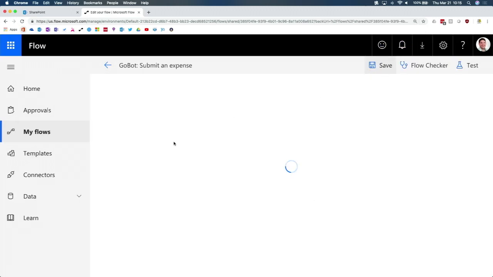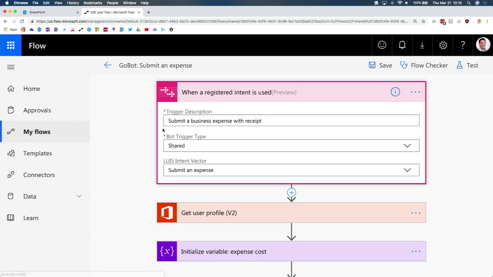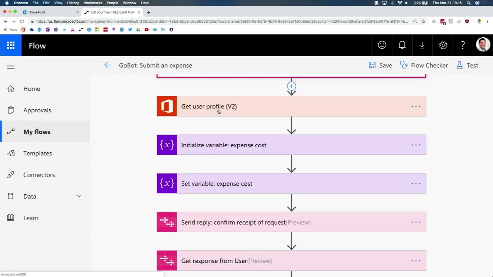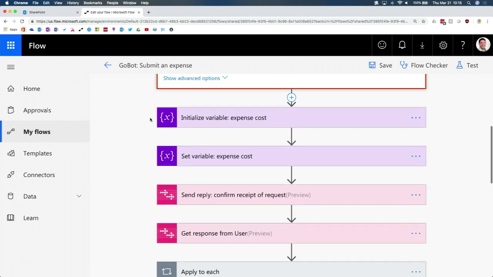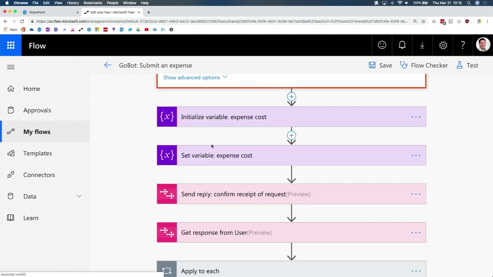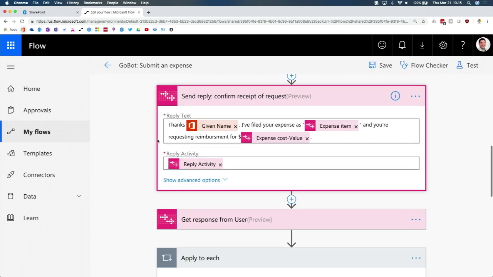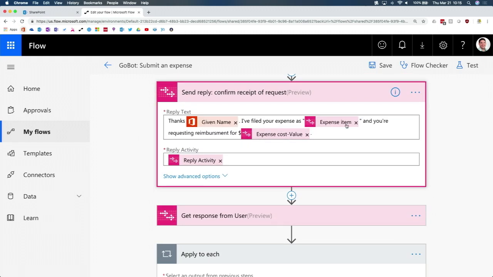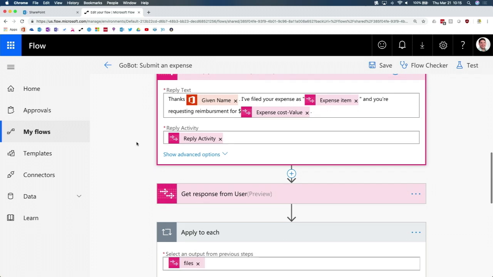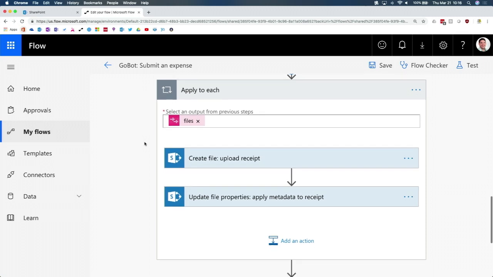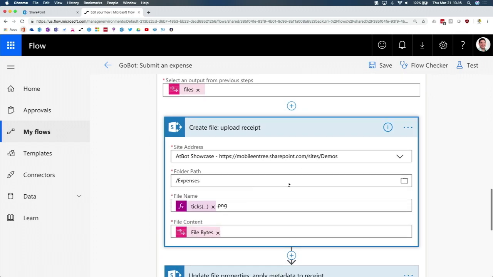I will click Edit. These are my steps. This was just when an intent was used. My intent was I want to submit an expense. It's grabbing my user information so it can use my name. I did a variable at the very beginning here to keep track of expense cost. This is my confirmation where it said, thanks, Matt. I filed your expense as whatever the item was, and you're requesting reimbursement for value. Get the response of uploading the photo, and then the photo gets uploaded to SharePoint,